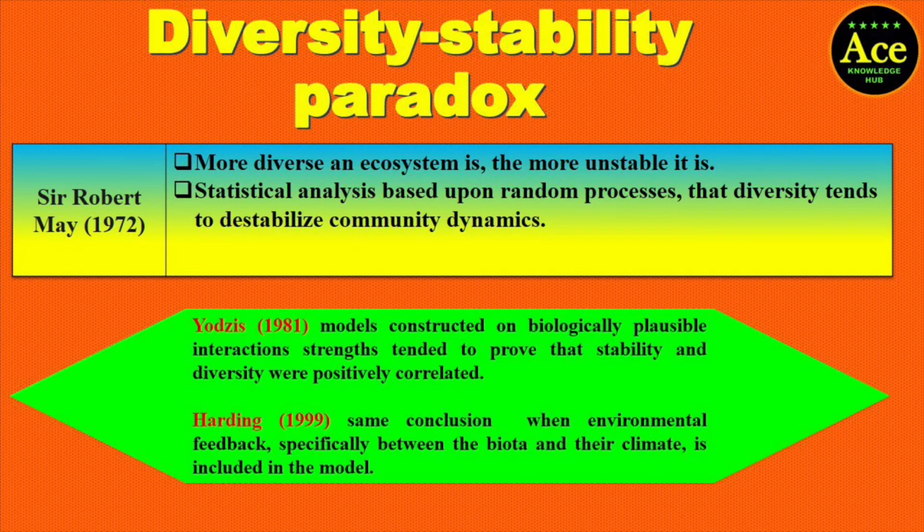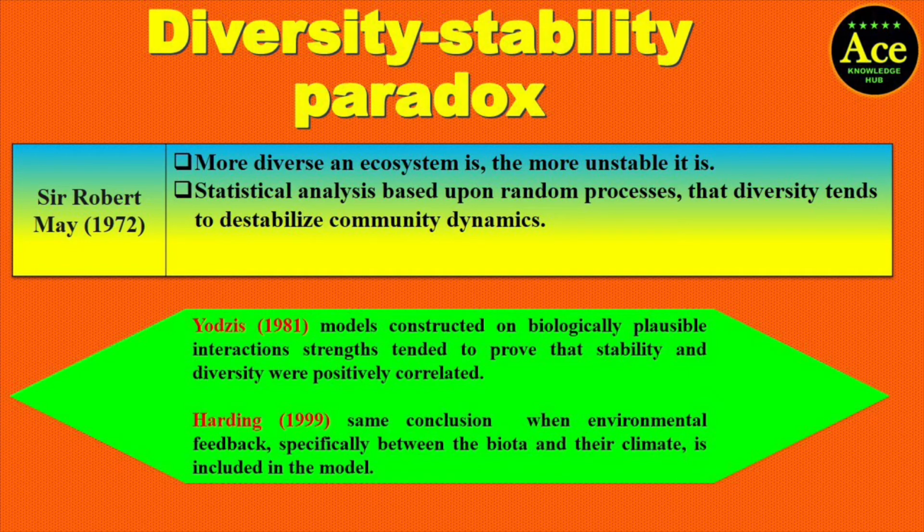May's claim resonated powerfully among ecologists as it contradicted the biological principle that great variety of species and genes promote ecosystem stability in the face of external stress, and this foundation turned May's claim into a paradox referred to as the diversity stability paradox. For almost 40 years, this paradox was not able to be refuted despite evidence showing that ecosystems in nature that have a high degree of diversity tend to be more stable.